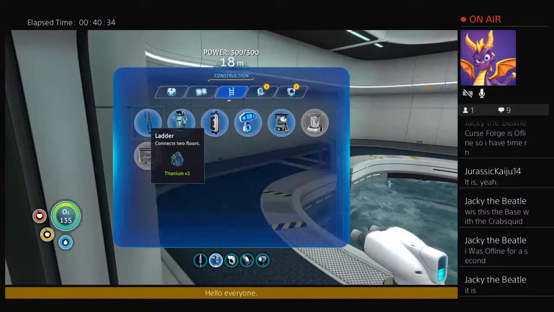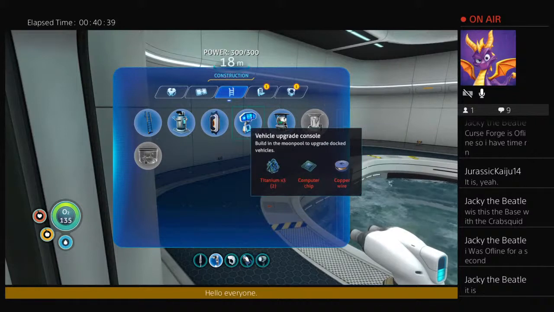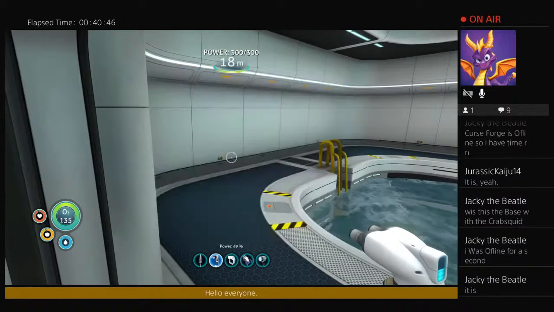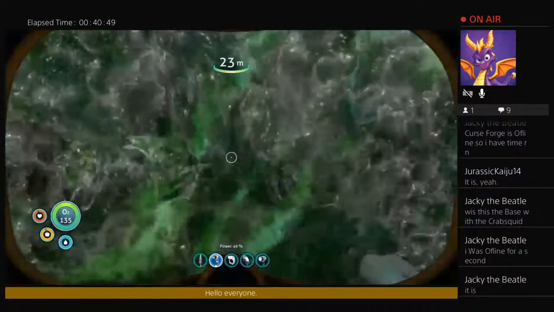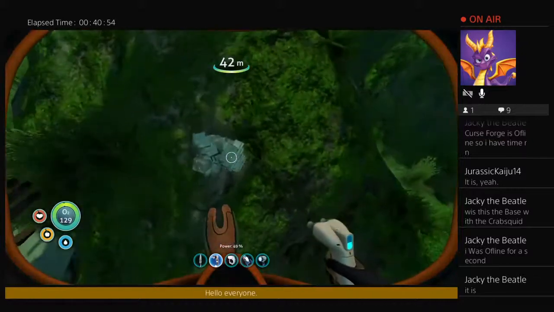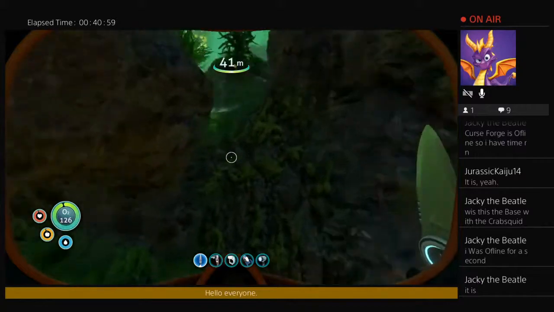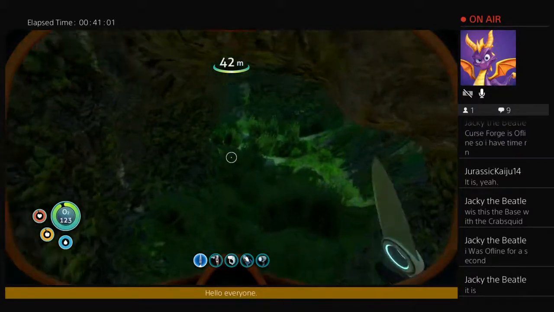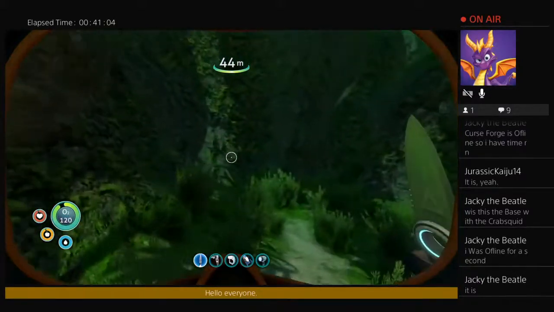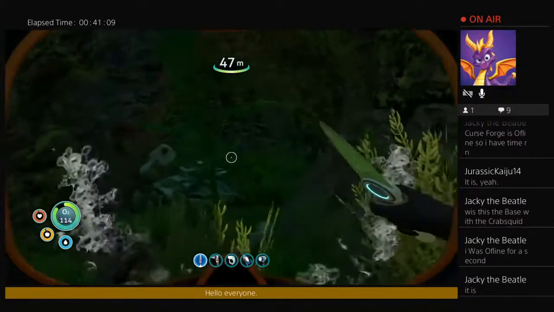Okay, let's see here. Okay, so we'll need titanium, a computer chip, and copper wire. So we need to find more copper, and that's kind of something I'm a bit worried about, because of the salt deposit. Okay, there should be deposits of resources around here. Well, now the cave sulfur might be a bit difficult, but really what I need...